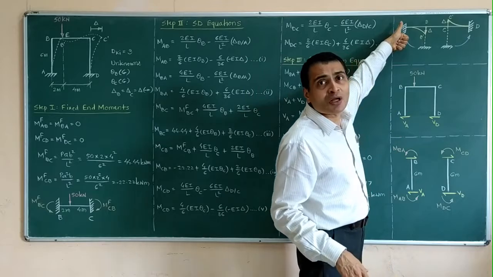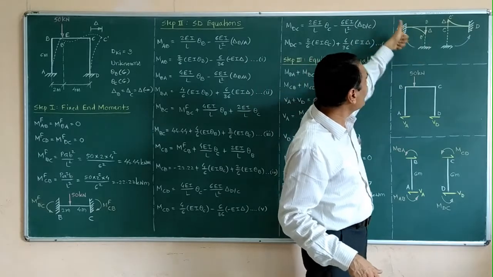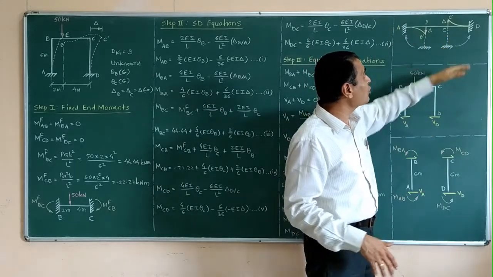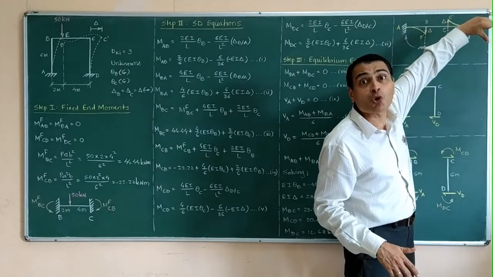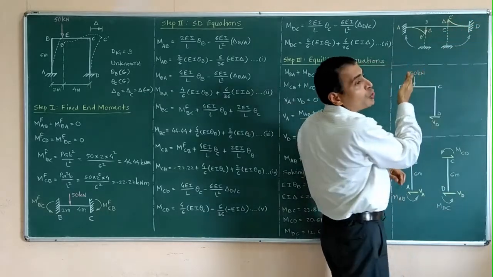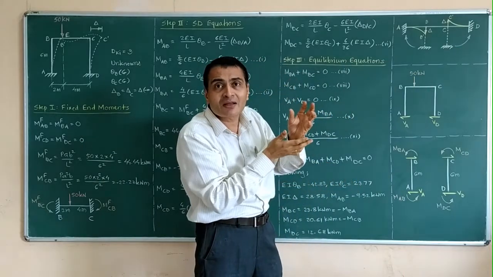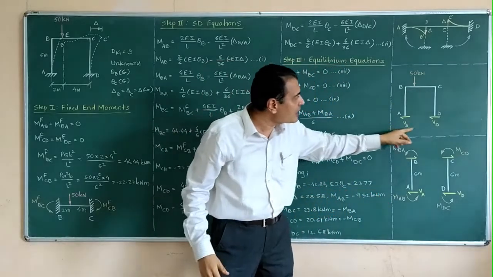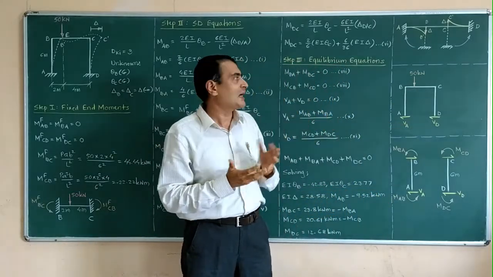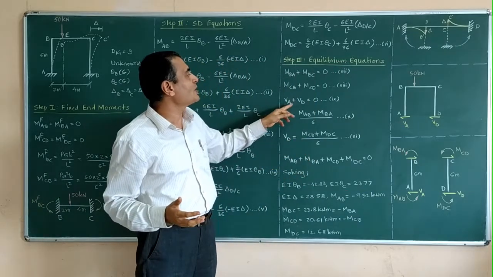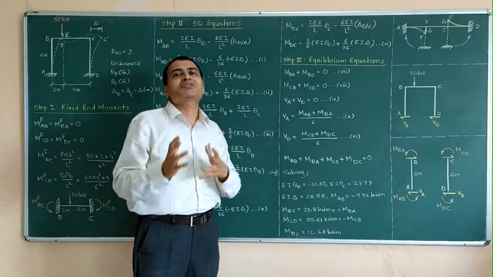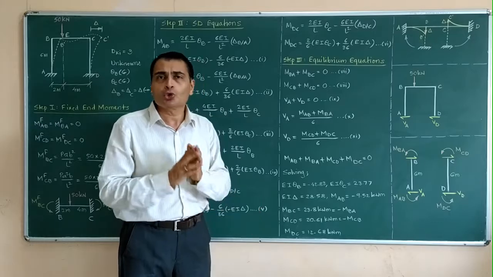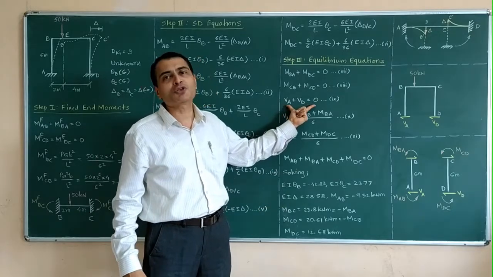On the left of the section, upwards is positive. If I rotate this back, this upwards will become leftwards. Similarly, on the right of the section, downwards is positive. And then if I rotate the column back, that downwards will remain leftwards. So that is why this VA and VD both are shown to be leftwards, and then simply my equation is VA plus VD should be equal to 0. You can say leftwards is negative, so you are writing negative VA plus negative VD equal to 0. No issues. Eventually it will become VA plus VD equal to 0.